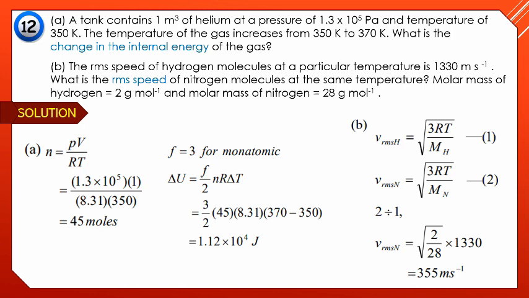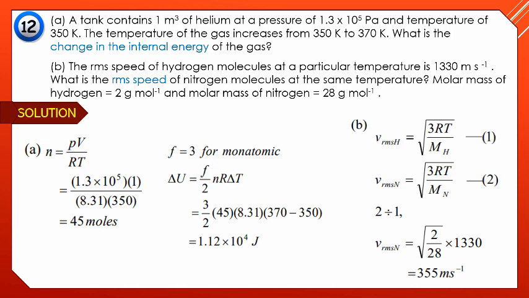To calculate the change in internal energy, we need to know the number of moles of the helium gas. We use the ideal gas equation, PV equals nRT. We get n equal to 45 moles. We substitute in the change in internal energy equation, and we get the answer, which is equal to 1.12 times 10 to the power of 4 joule. For question number 12b, the RMS speed of a hydrogen molecule at a particular temperature is 1330